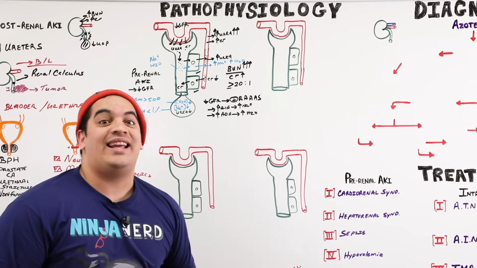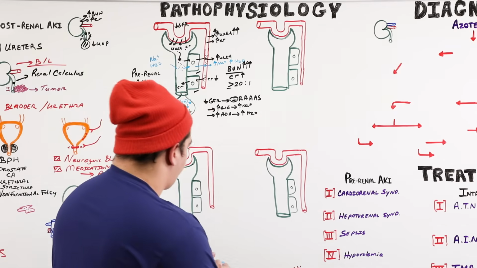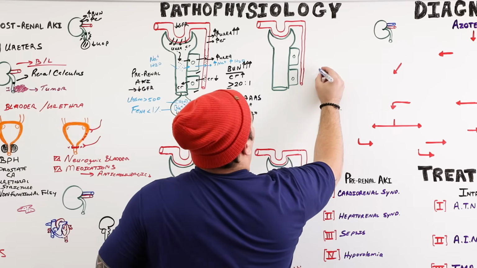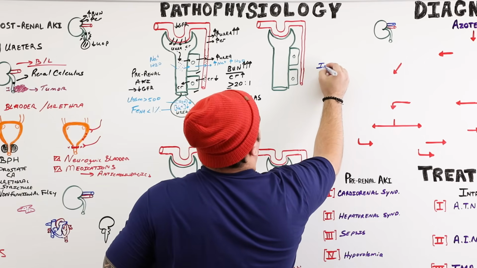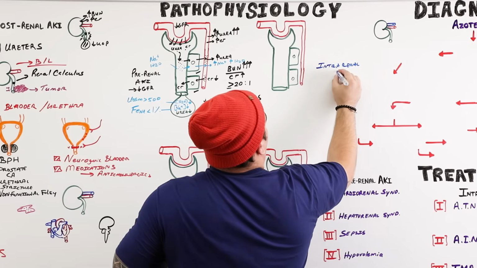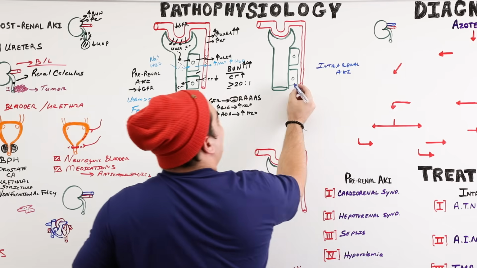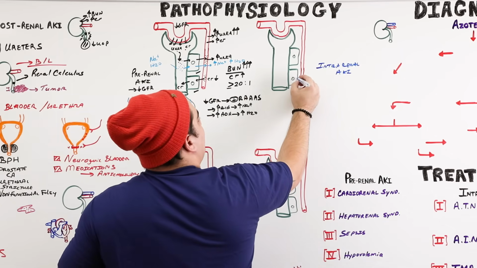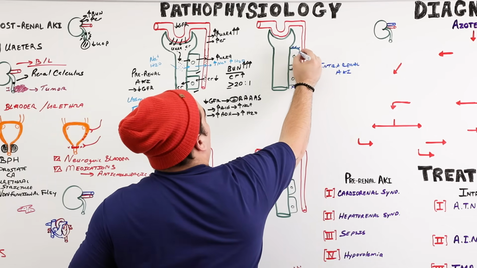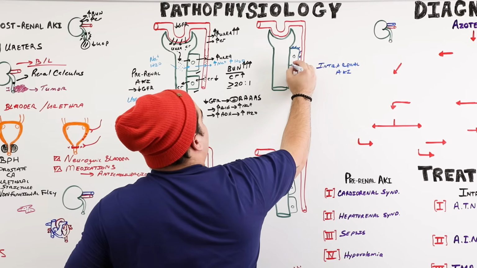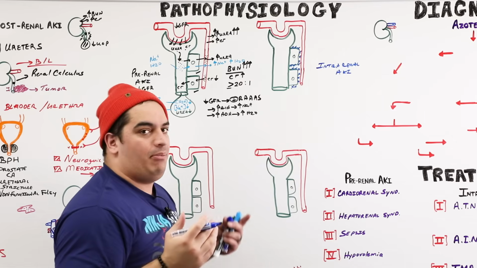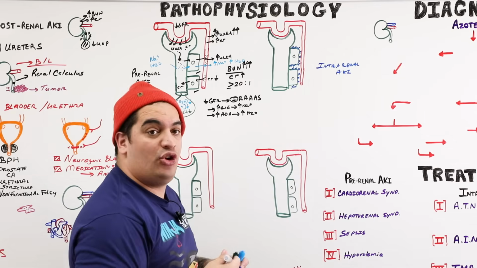Let's now talk about intra-renal AKI. In an intra-renal AKI, what happens here? This is an interesting one. So in intra-renal AKI, there is some type of kidney tubular injury. These kidney tubules are all jacked up. They're not good at performing their function anymore, which is being able to excrete and reabsorb. Whatever the cause may be that we talked about, they're damaging these tubules.